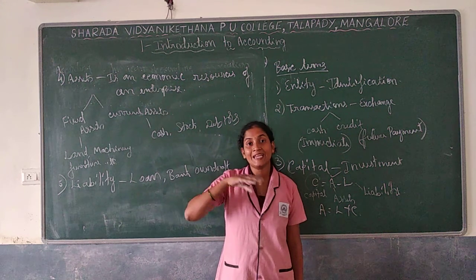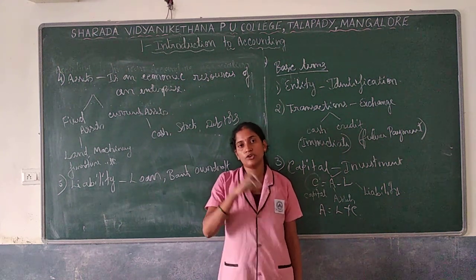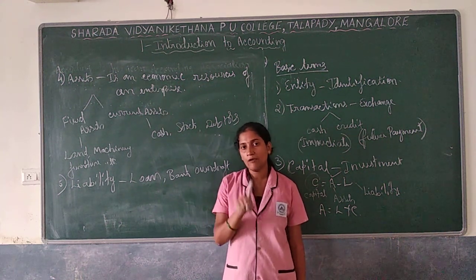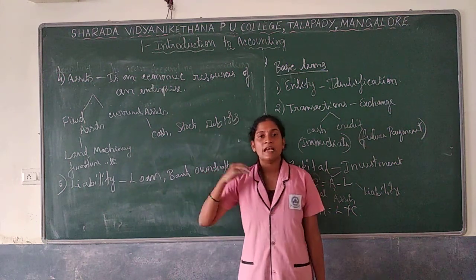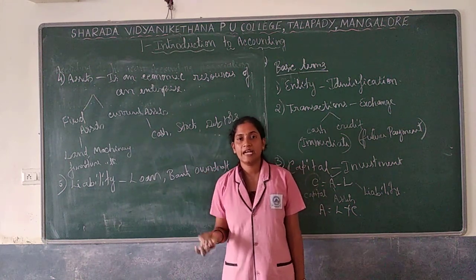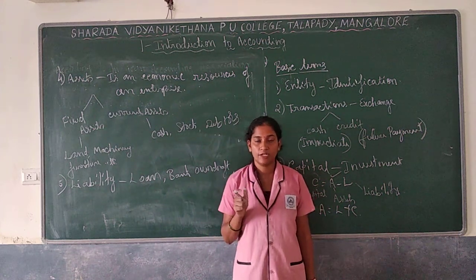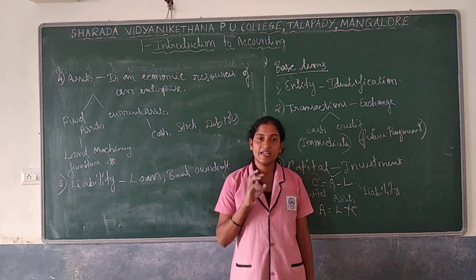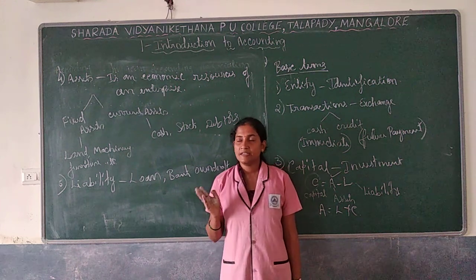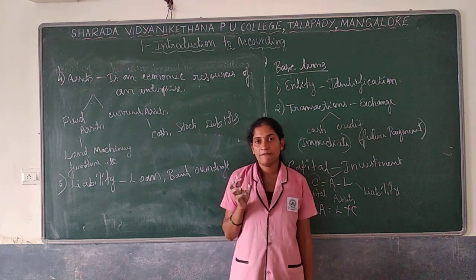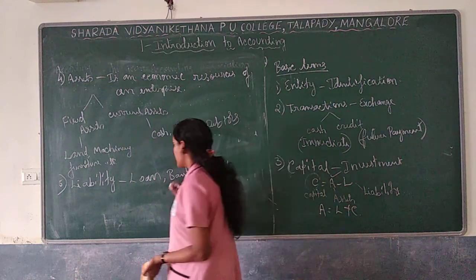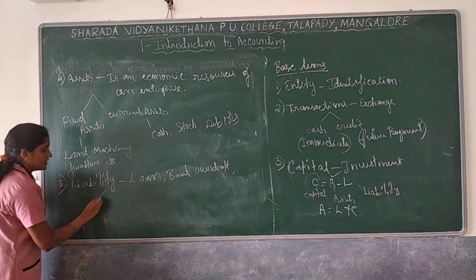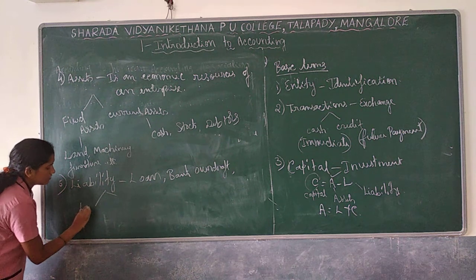So bank overdraft is taking more than what is there in the account. I have 1 lakh in my account, taking more than that, meaning 1,10,000, is called bank overdraft. This kind of facility is given only to businessmen, and people who have a current account will get this kind of facility. So liability is again divided into two types, that is long-term liability